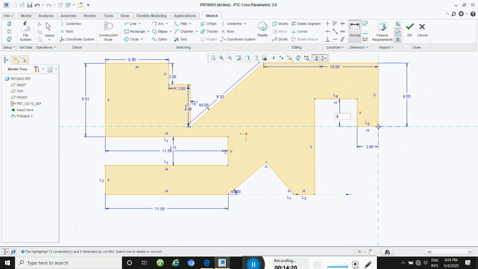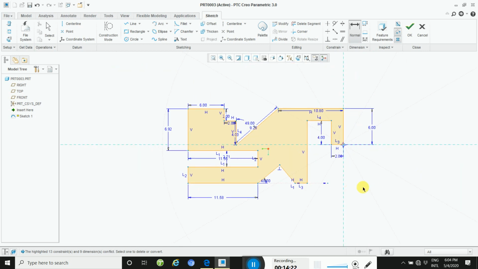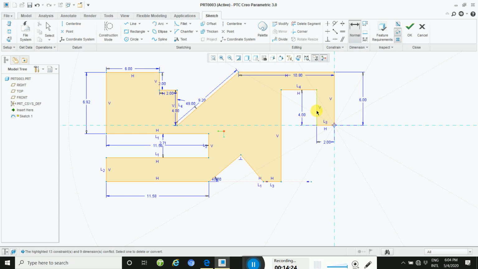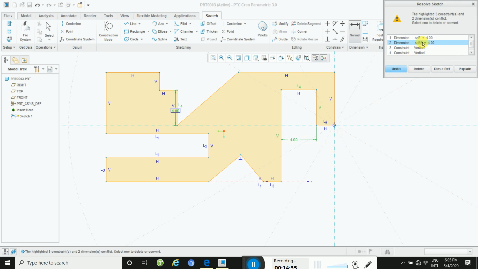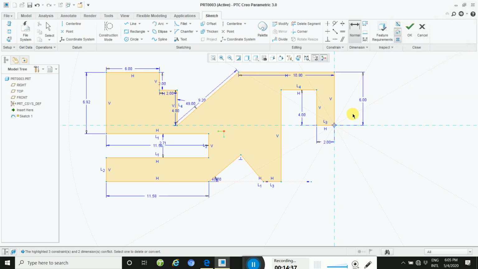Four. This way, and then the width is 3. Two times, so delete here and then define here.